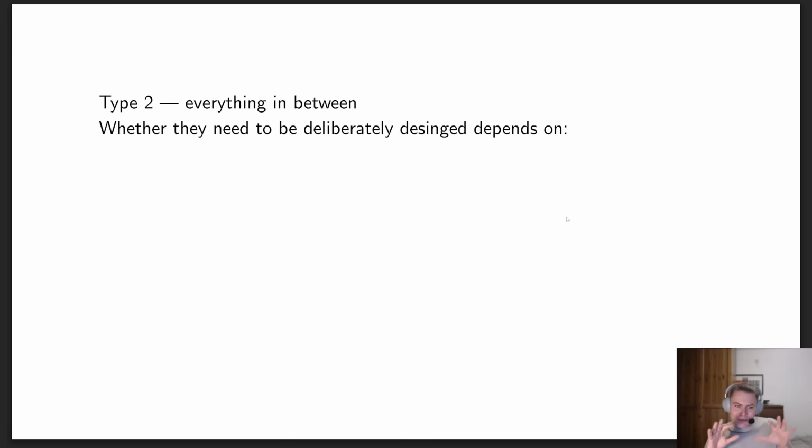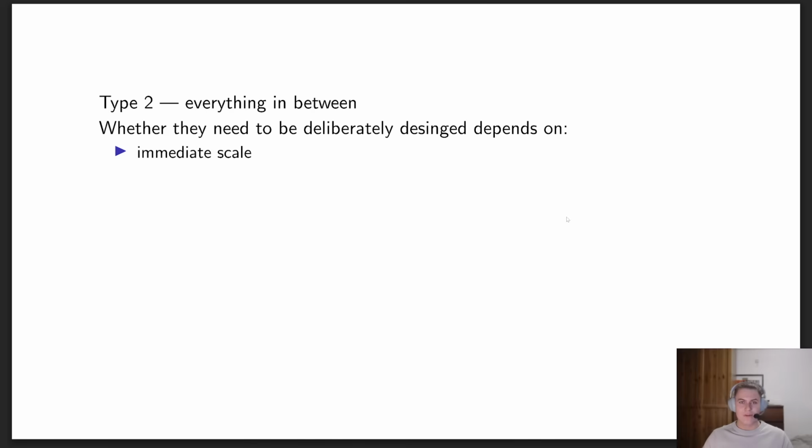This middle ground is where we really have to decide precisely whether we want to spend our time coming up with a deliberate design, and how much time we should actually spend doing that, or whether we should just write them as is and it's fine. The choice depends on a lot of